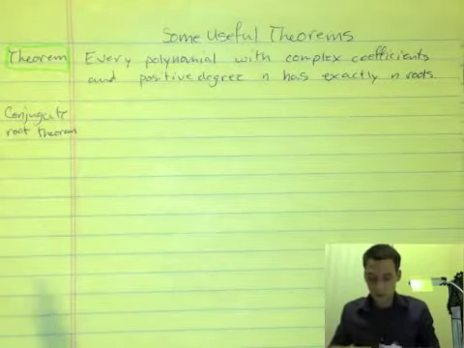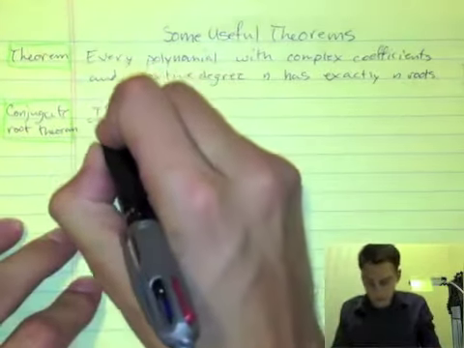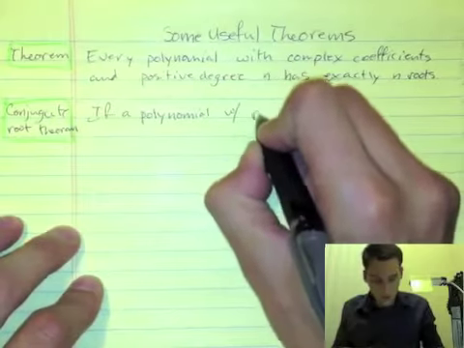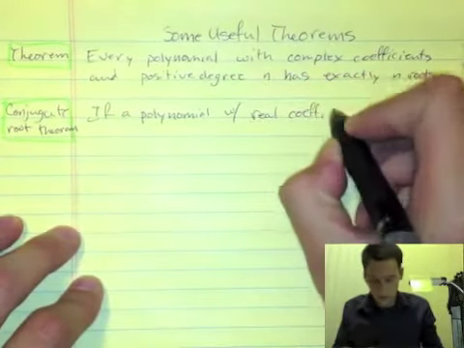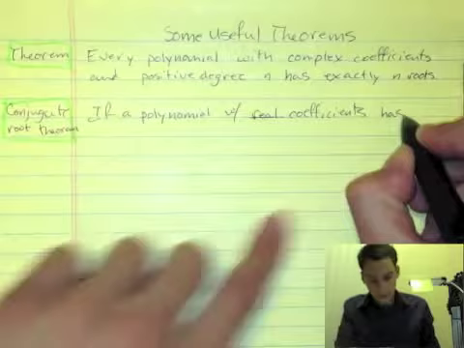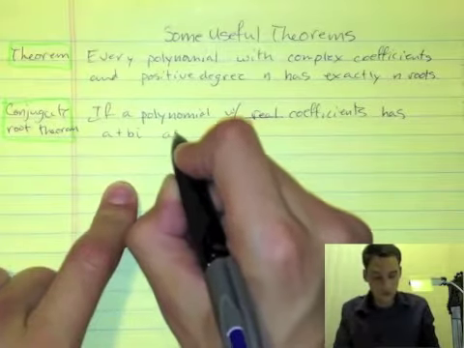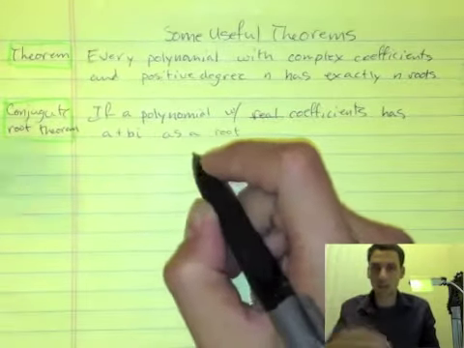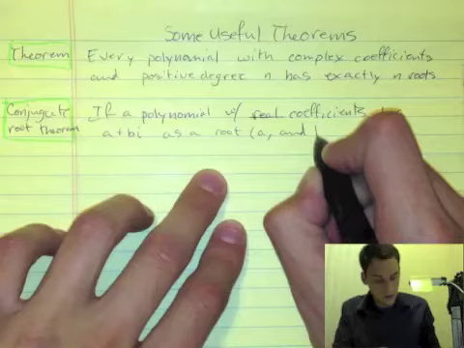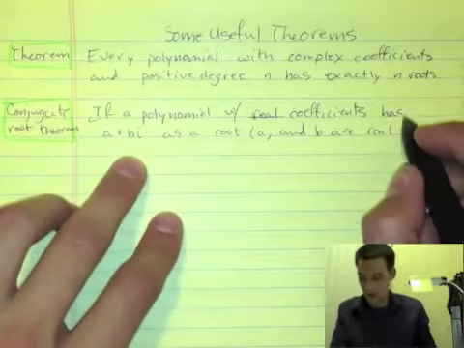The next theorem, the conjugate root theorem, says if a polynomial with real coefficients has a plus bi as a root, meaning when you plug it in you get 0, where a and b are real numbers, and b is not 0,